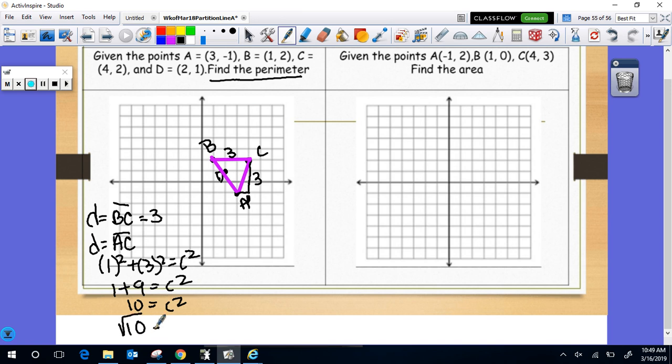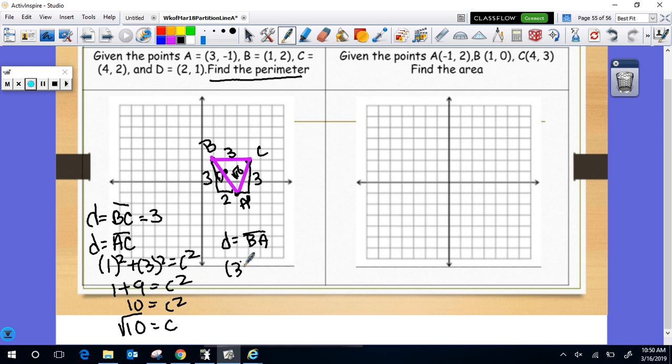Square root of 10 equals C. So AC is square root of 10. So this side is square root of 10. And now I need to find this side. I didn't get lucky where things were the same in this one. This is 3 and this is 2. And if you get confused on how to count, just count the boxes. 1, 2, 3 boxes. So here we get BA, the distance of